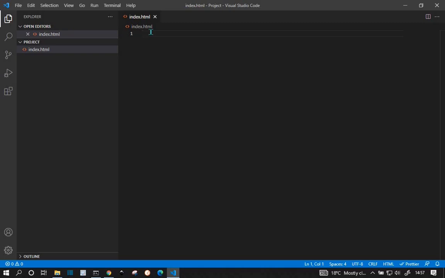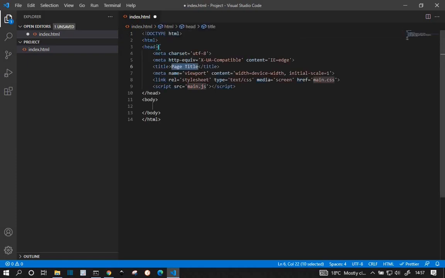That will generate a HTML sample, but the one that I like to use is Ctrl+Space, and then I can click on HTML sample, and this will create a HTML sample for us. We can change the title, project, and we can move to the highlighted part using tab, and we can edit them if we want. The cool thing is that you see it's already linking to a CSS file and a